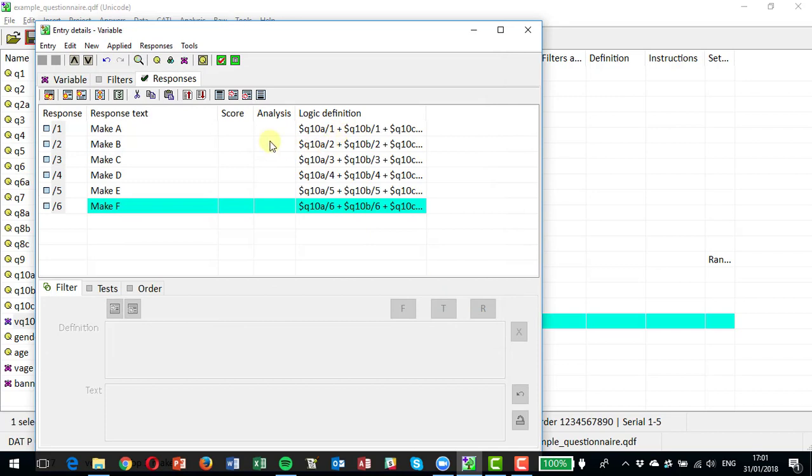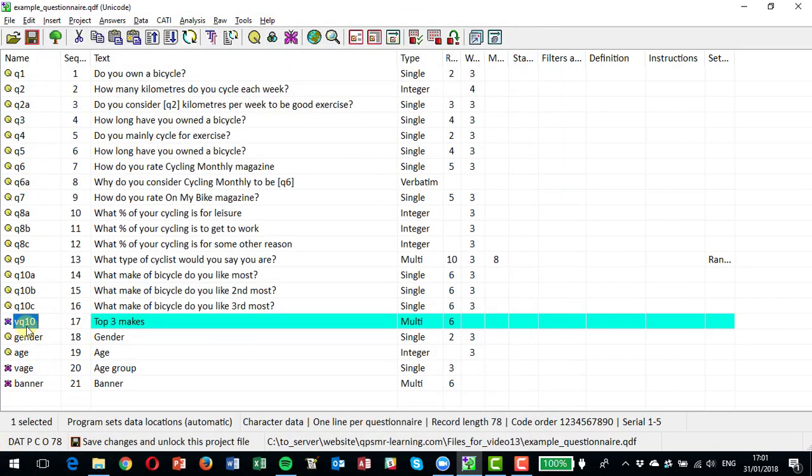Click OK again. You can see it's actually generated the QPS syntax here by saying Q10A answer 1 plus, which means OR, Q10B answer 1 or Q10C answer 1, if we stretch it out there, down to answer 6. We could have typed those full definitions in as our definitions for the variable. We actually could have said Q10A/1 or Q10B/1 and so on, but that was obviously a quick way of doing it. And we can save that, and now we have VQ10 that once again we can use as a data drill down,